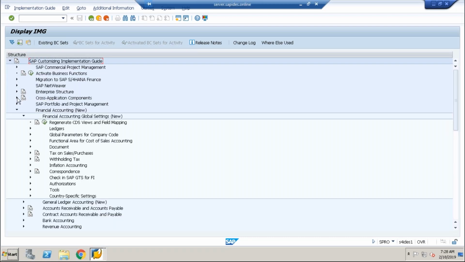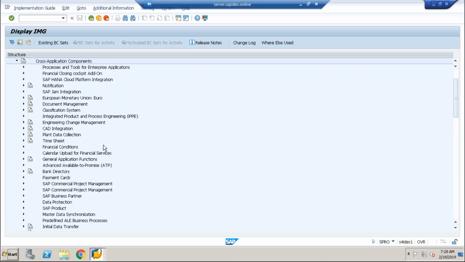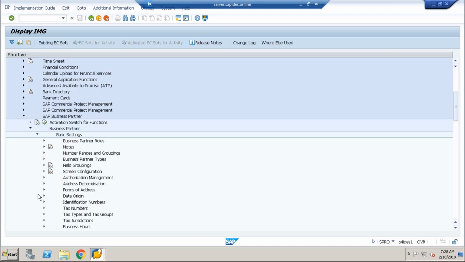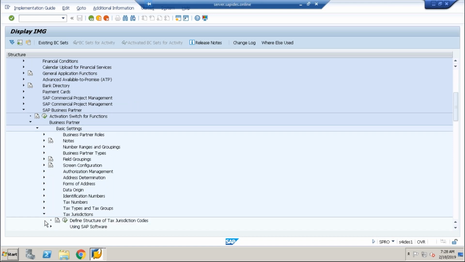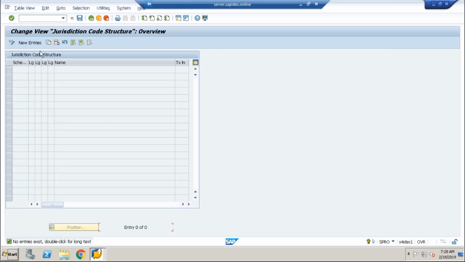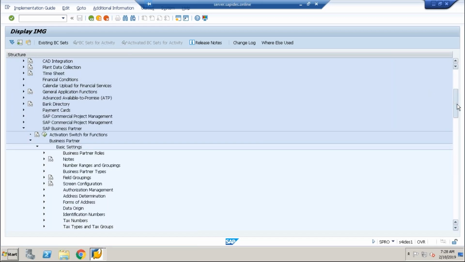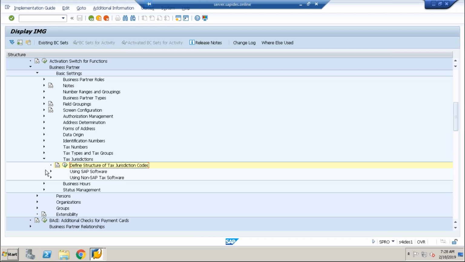Cross application components, business partner, basic settings, tax jurisdictions. Yeah, so you can maintain any tax jurisdiction code. Whenever you create your business partner, it takes your tax jurisdictions and, in line with the addresses, pulls out your tax jurisdiction code.